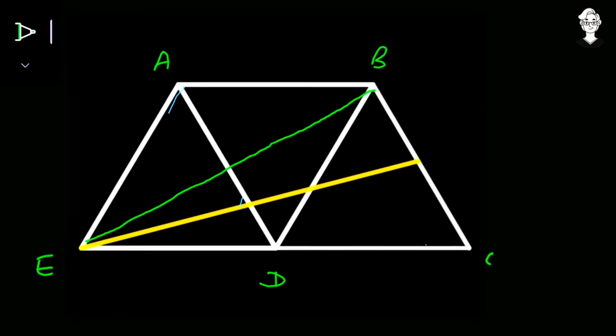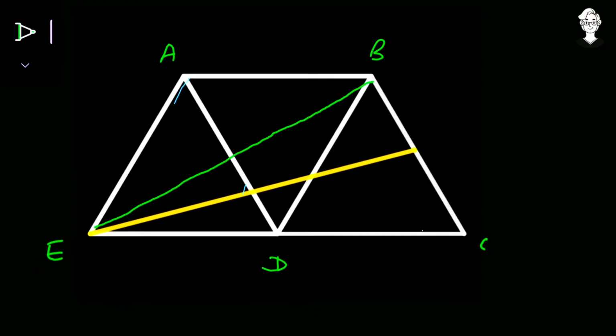Now what I can observe is that the quadrilateral ABDE is nothing but a rhombus. All the four sides are equal. Yes, it is the side of a congruent equilateral triangle. So all these three have the same length. This is the base of the second one, this is the base of the first one, this is the side of the first one, this is the side of the second one. So all these four lengths are equal, and all the four lengths are also parallel, as I just told you a minute before. So it's forming a rhombus.